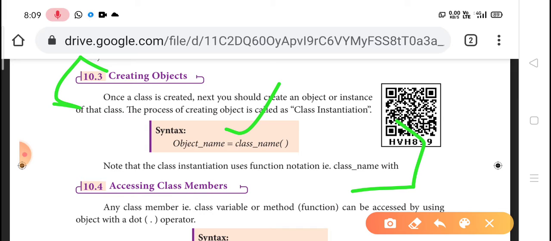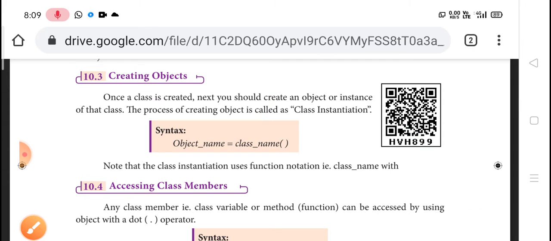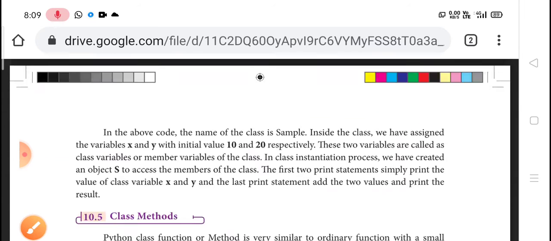And what is the output of the following program? Third question.